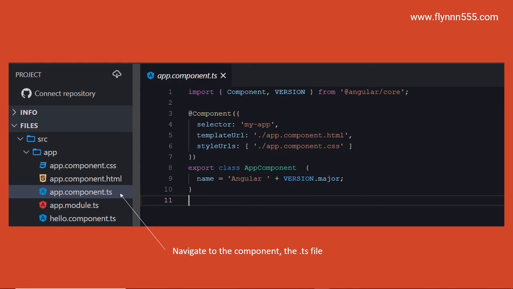We see this component.ts and its component decorator. Inside the component decorator we have various properties, and remember this is all in the .ts file. Here we see the template URL which references the .html file that we want to join up with, and here we see the styles URLs and the CSS file is referenced,